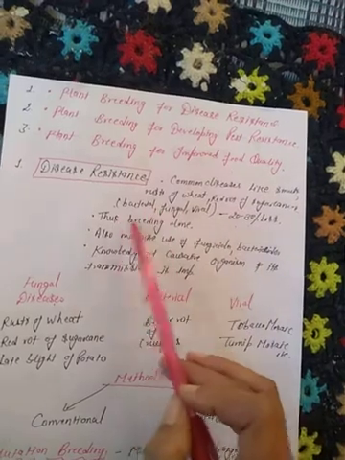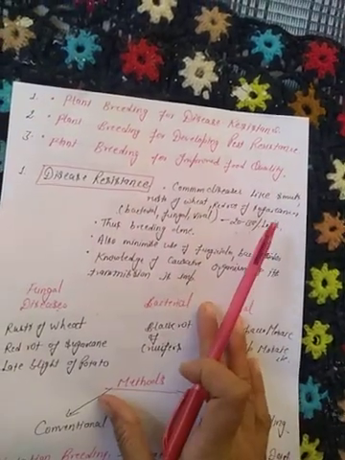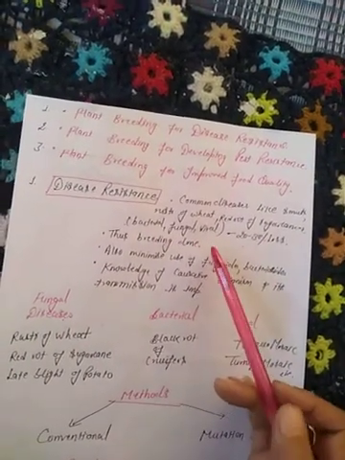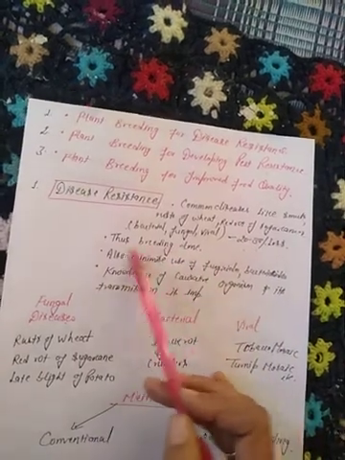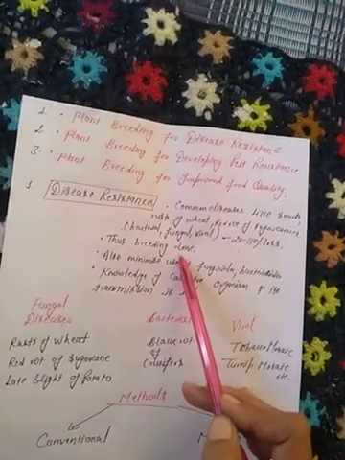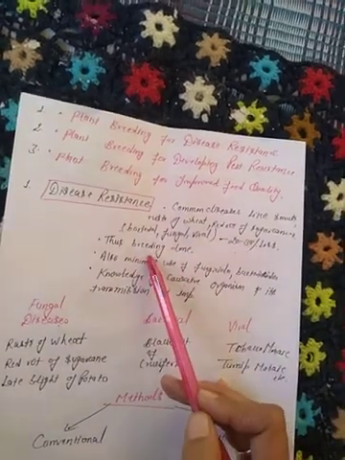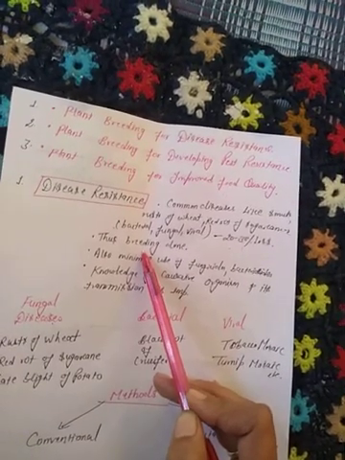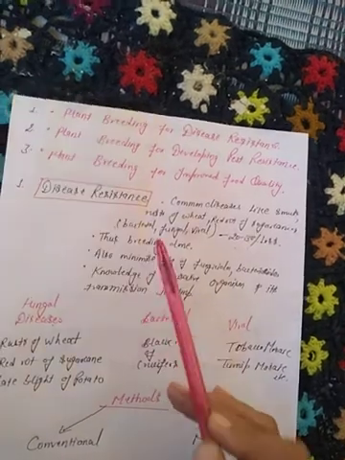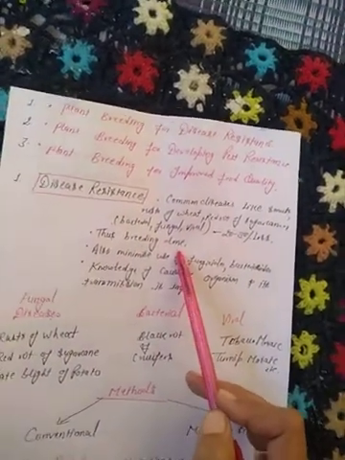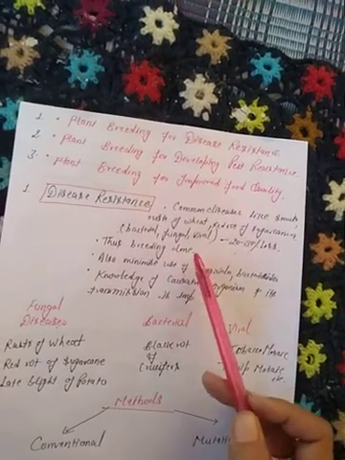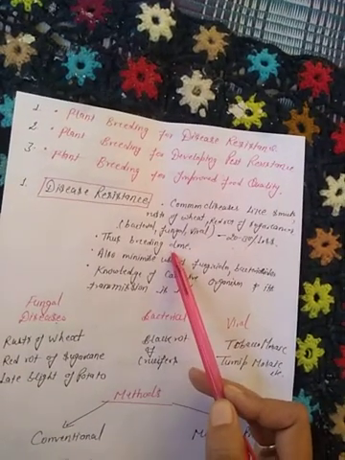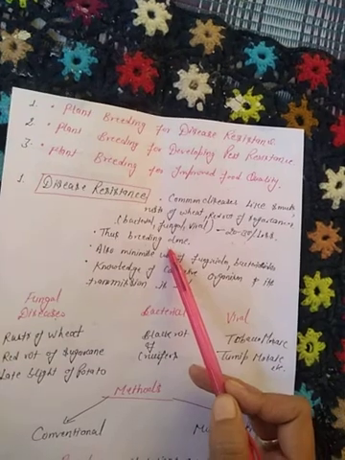So here plant breeding is done. How? By the conventional method or by the other different ways like mutation breeding. So first is the conventional breeding. Conventional breeding means first of all selection is done, from a group of plants from a population. A particular plant is selected with desired traits, then it is cross hybridized, or it can be propagated to several generations. Then selfing is done, and then we get the plants with the desired traits, right?